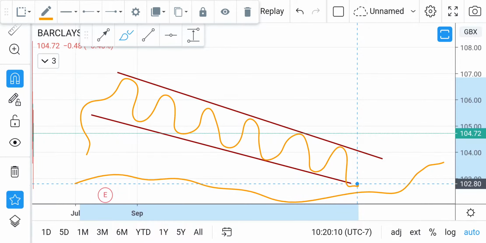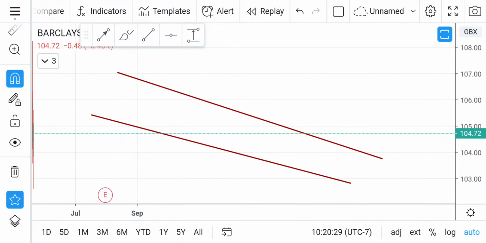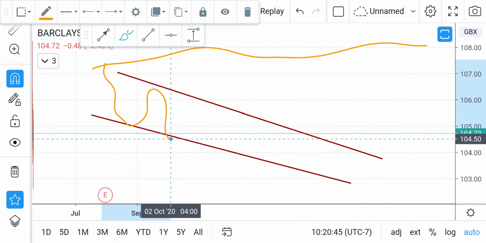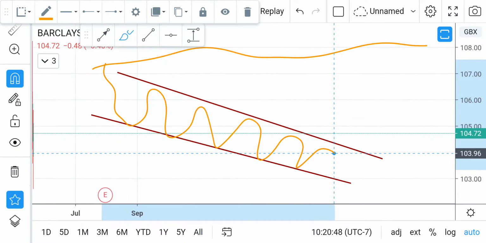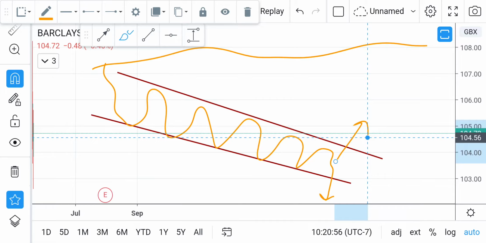So in a downtrend, it could break towards the upside or downward, but it's usually 50-50. So let's say this is a downtrend, the price is below the 200 period moving average and price is moving down like this through the channel. Because it's a downtrend, it has a 50% chance of breaking down and also 50% chance of breaking upward. So that's all for the